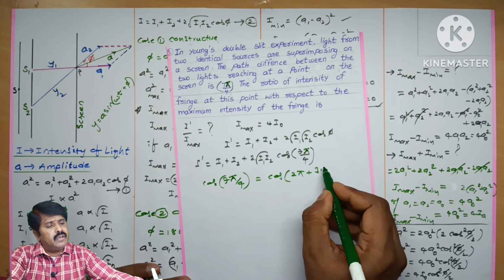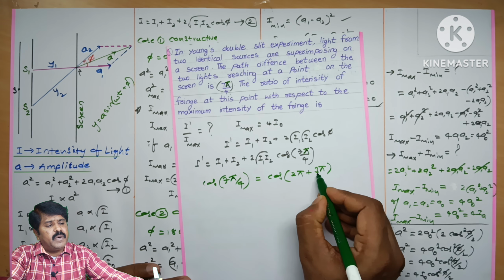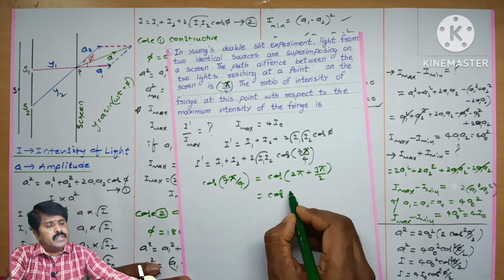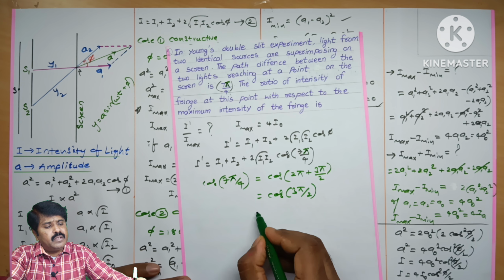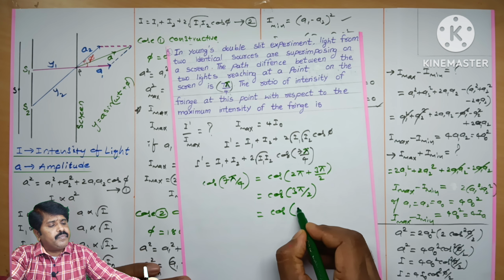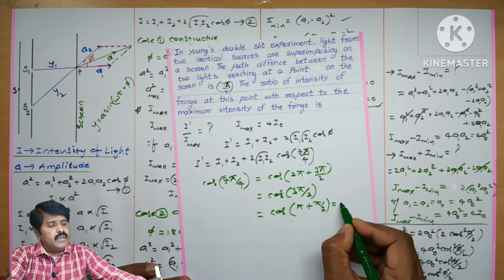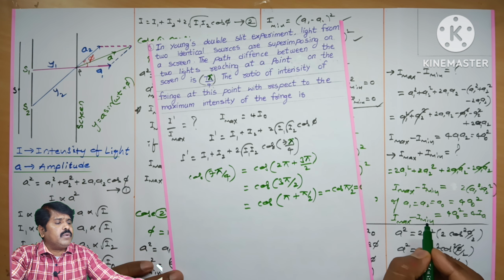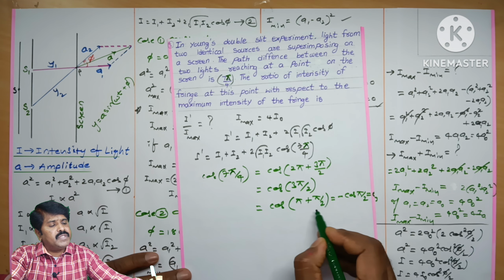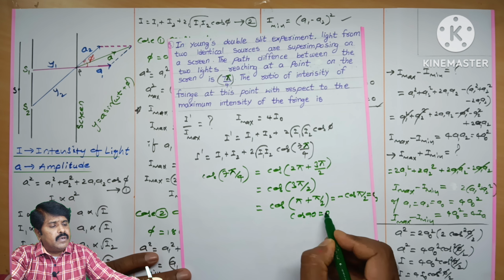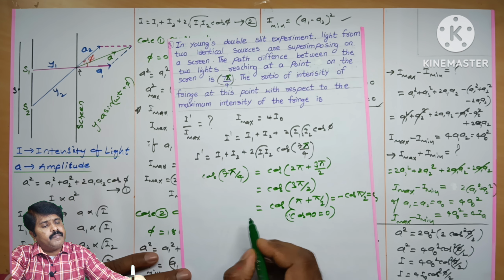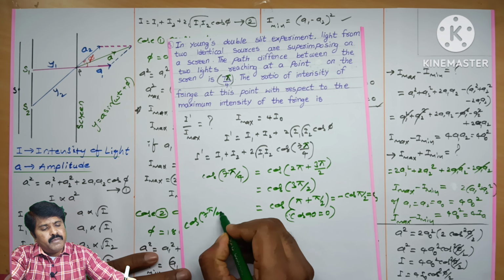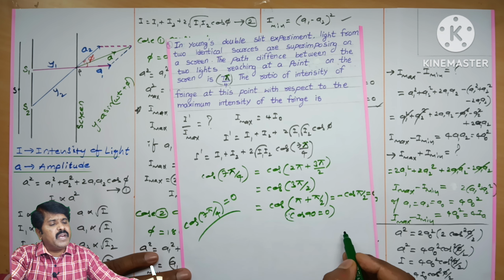Sorry for my mistake, so that is 3 pi by 2, student. Yes, remaining is the same only. We can write cos 3 pi by 2, that is equal to cos (pi plus pi by 2), that is equal to minus cos pi by 2, which is equal to 0. This value is equal to cos 90, which is 0, so that I am getting. Okay, so cos 7 pi by 4 is equal to 0, I am getting, is replaced in